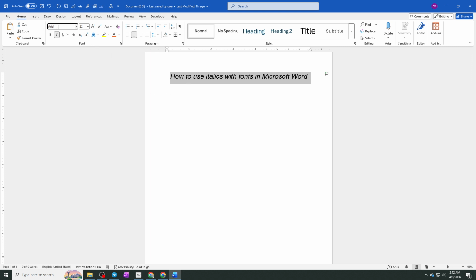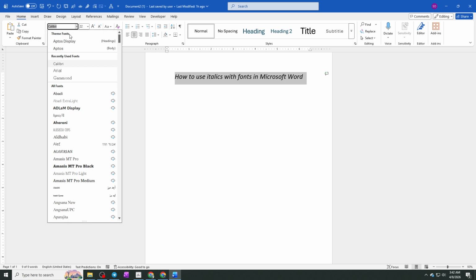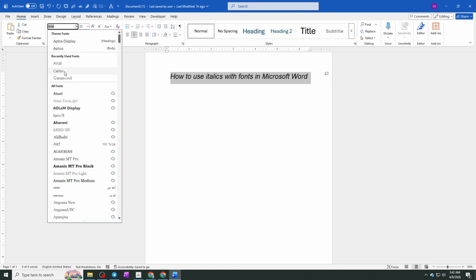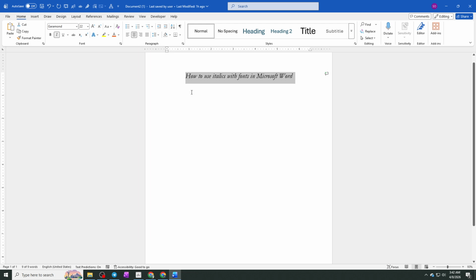If you want to change the font style along with italics, simply select your italicized text and choose a new font from the Font drop-down menu in the Home tab. Word will preserve the italics formatting while updating the font, allowing you to experiment with different combinations for headings, emphasis,